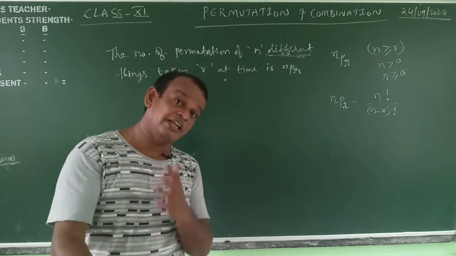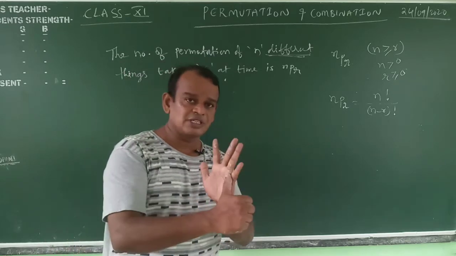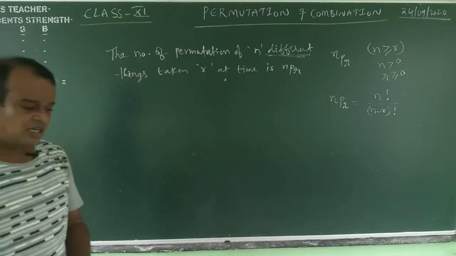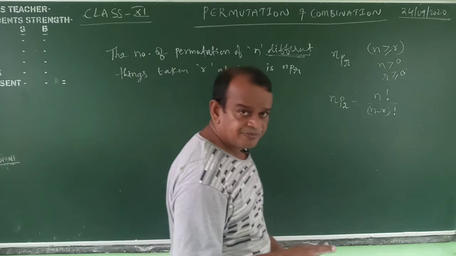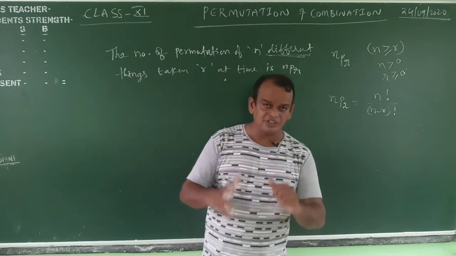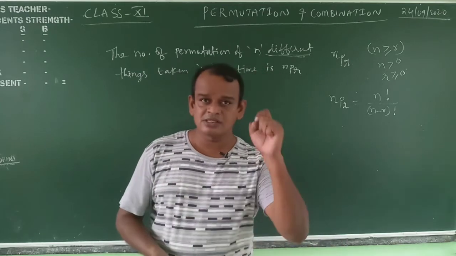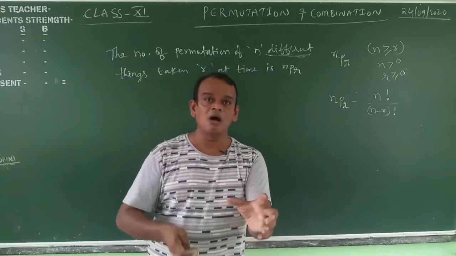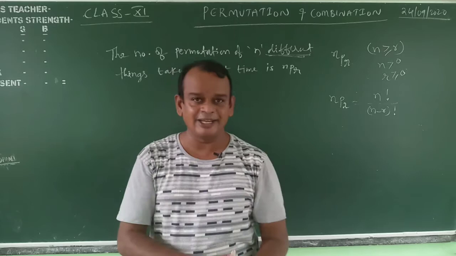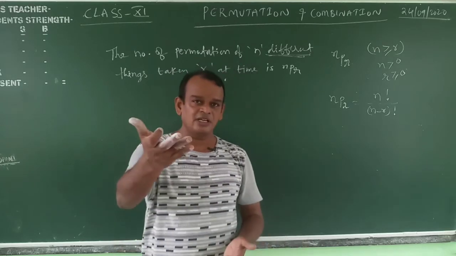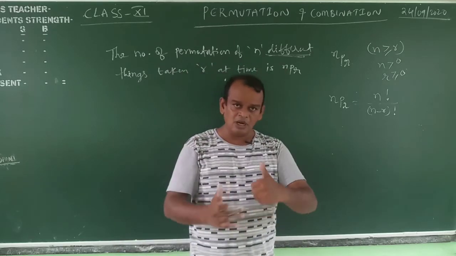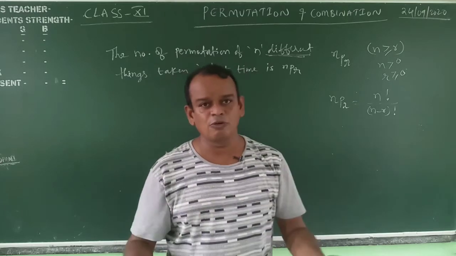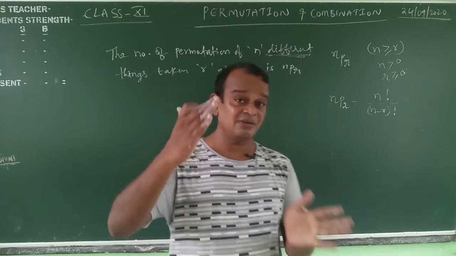4 students are there, we will take 4 students at a time, or we will take 1 student. What is the permutation? The permutation is an arrangement which can be formed by taking some or all the objects at a time. For suppose n objects are there, we will take the n objects at a time or some. Some means either take 1, take 2, take 3, take 4. No problem at all, the maximum is n.